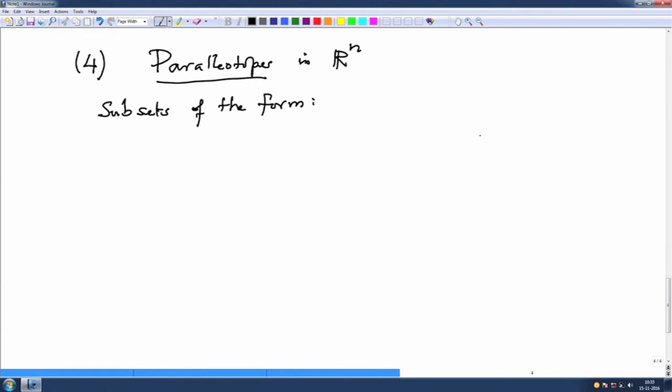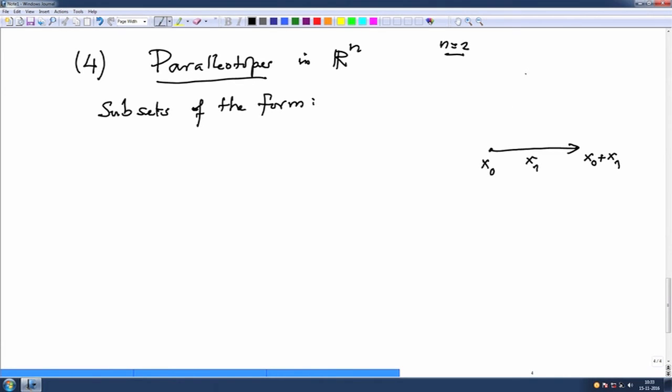So I will first draw a picture. The picture is, so there is a point here, I am drawing a picture for n equal to 2. This is a point x0. Remember, I don't want to still give importance to 0 as the origin. So x0 is the point here, and x1 is a vector. You see, x1 is a vector in this. So this point is therefore x0 plus x1.